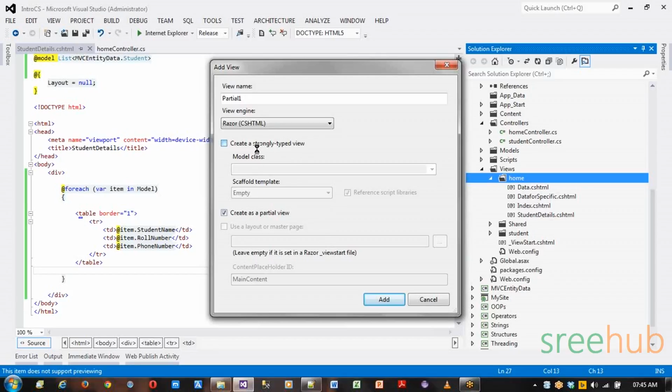And if you want, you can also make it strongly typed. If you want to attach this partial view always to the student, you can do that, or else we can make it strongly typed by mentioning the model. Either way is okay. So let me call it underscore student. Your partial views and your layouts and your view starts, everything starts with underscore, because these are independent of your controller action methods, right? And you can actually use them across. So let me call it student. So one student, I have a partial view,